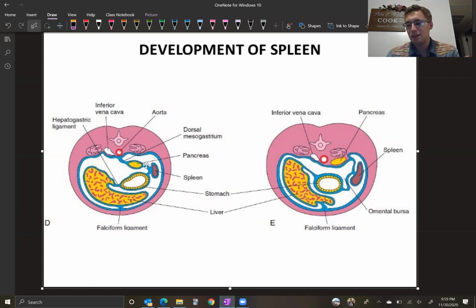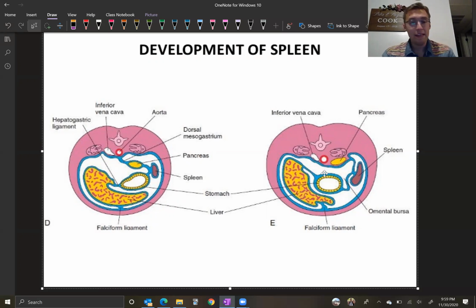The spleen, as I mentioned, is mesodermal derived. And as the stomach rotates and the dorsal mesentery grows, as you can see it expanding and moving,